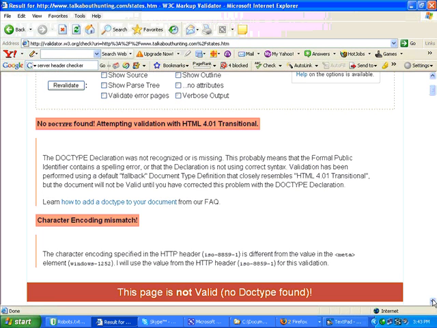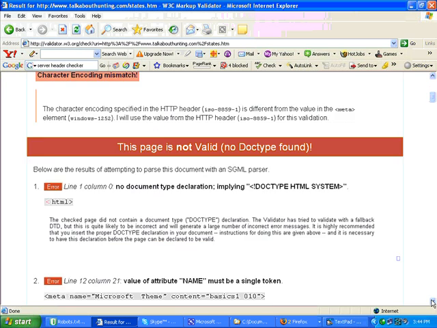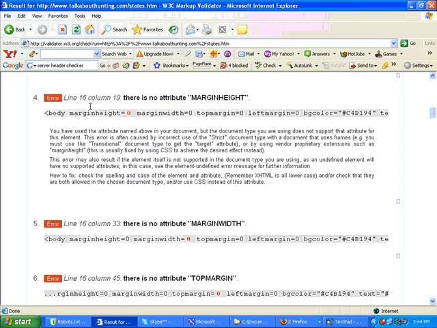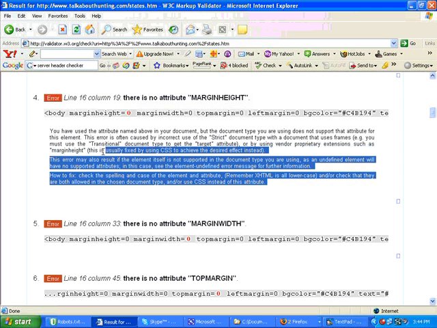So here it's saying in one instance that there's no doc type declaration. Definitely want to have a doc type. What this does is it tells the search engine spiders that this page conforms to this standard, and the 4.01 transitional is the one that I prefer to use. It's also going to go through every line on that web page where it found an error. Like here on line number 16, it said that your margin height is a 0, and it actually gives you a detailed explanation of